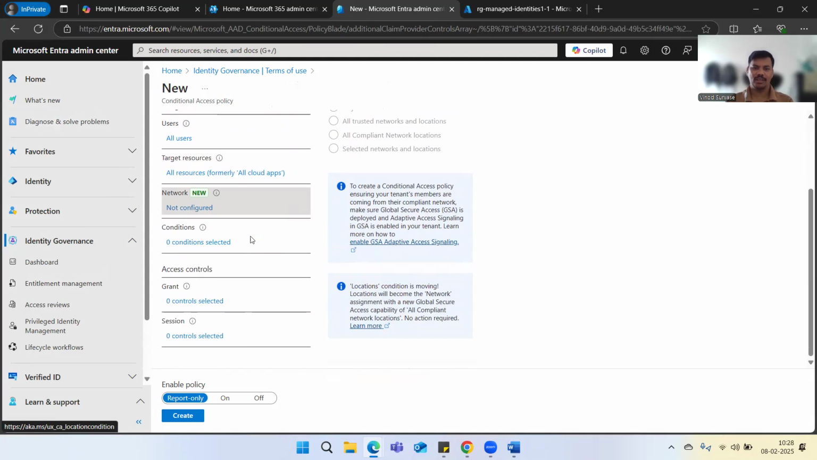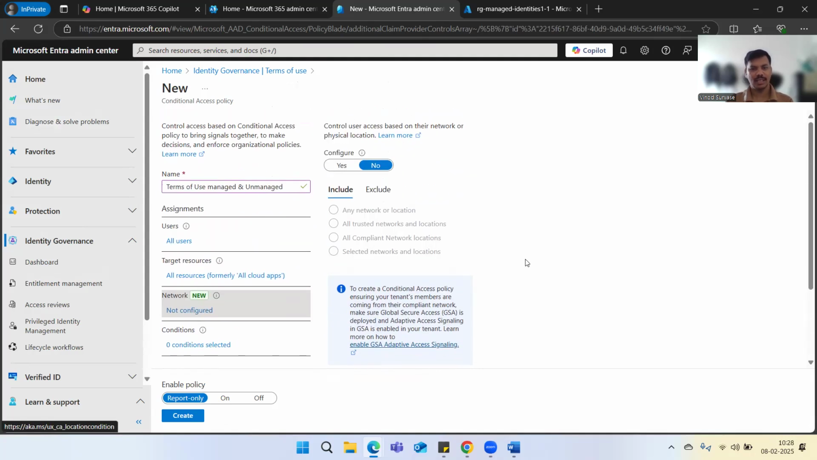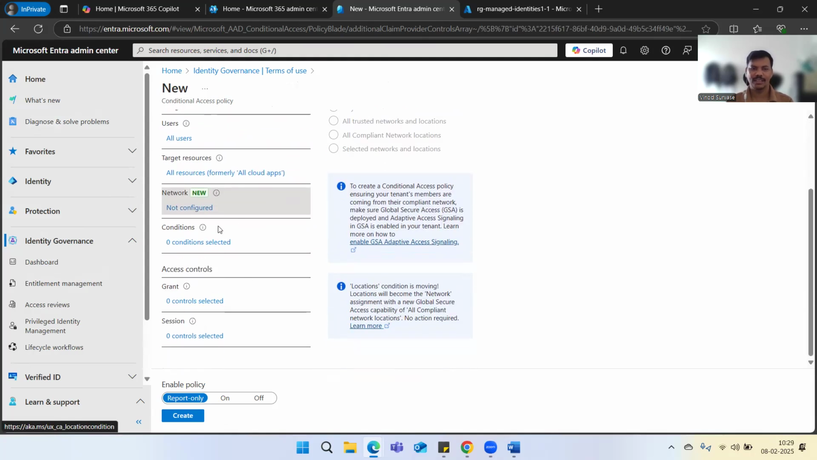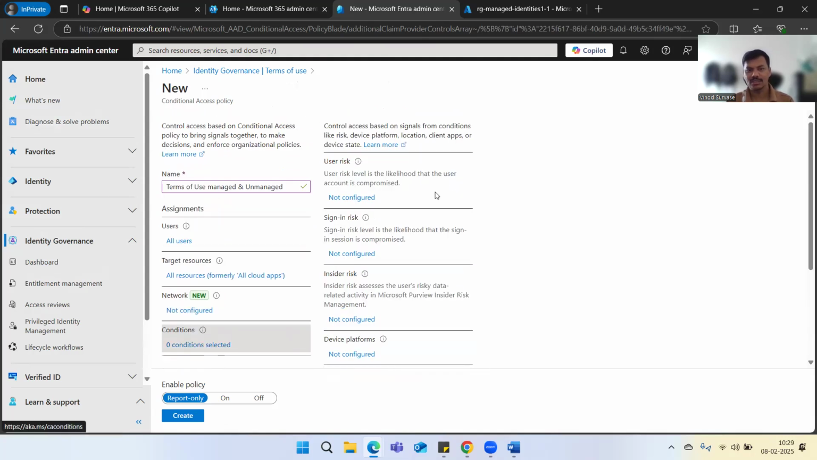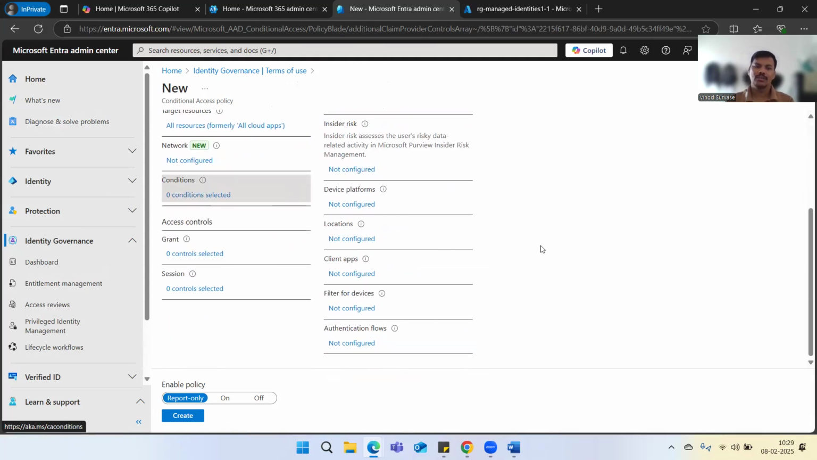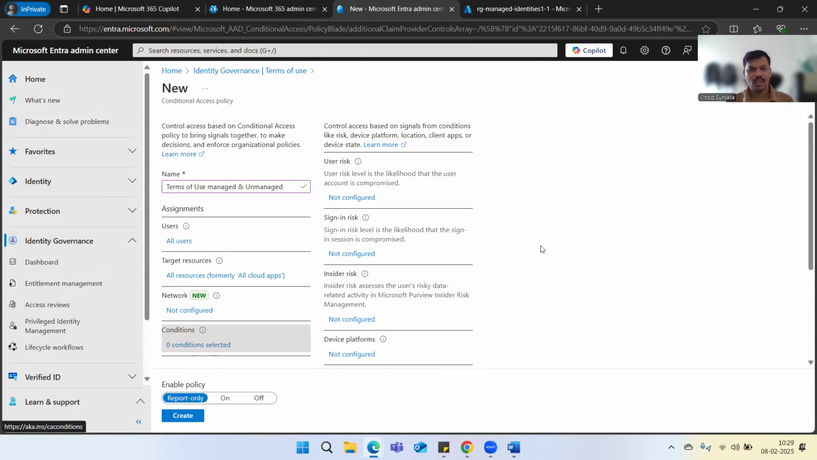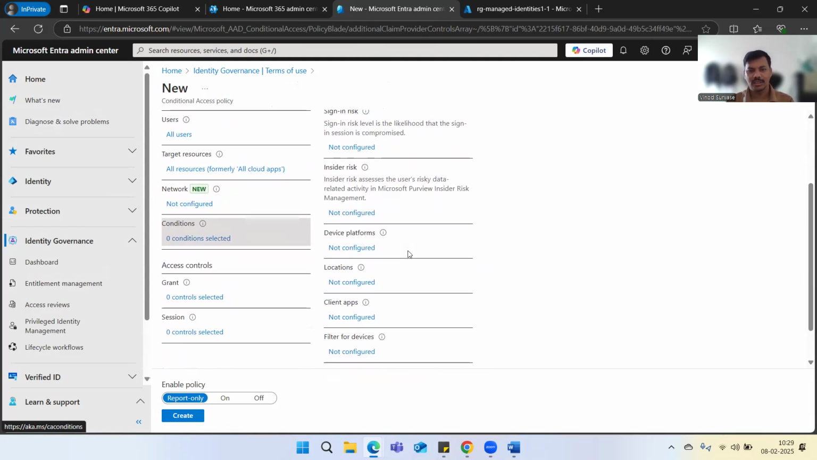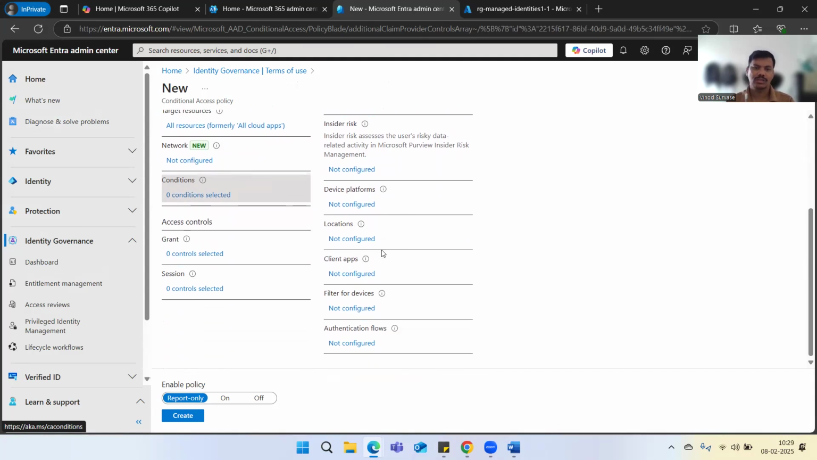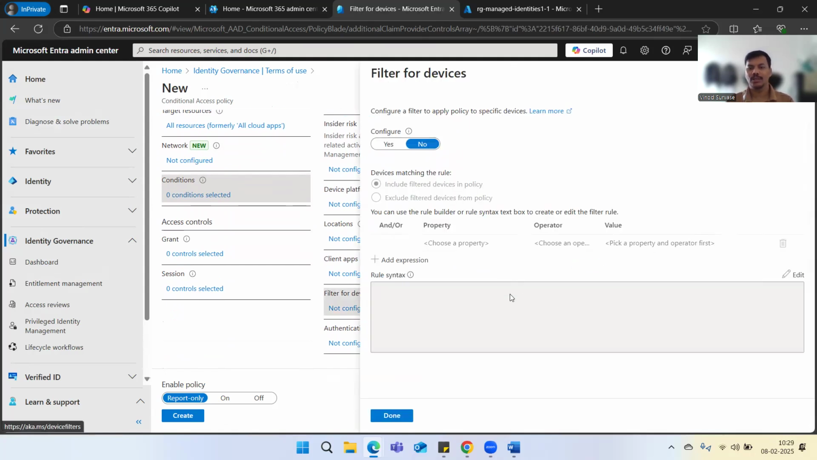Under network, if we have anything to be added or excluded, we can do that from the network side. And then conditions: what conditions are we looking to enforce this on? So let's say user risk, sign-in risk, insider risk, device platforms, locations, client applications, filter for devices, and authentication flows. Majorly it would be enforced based on the devices,